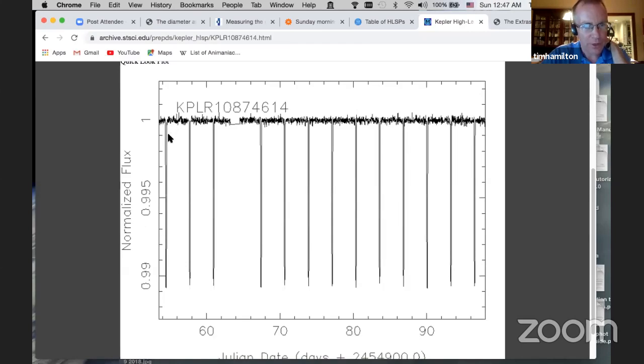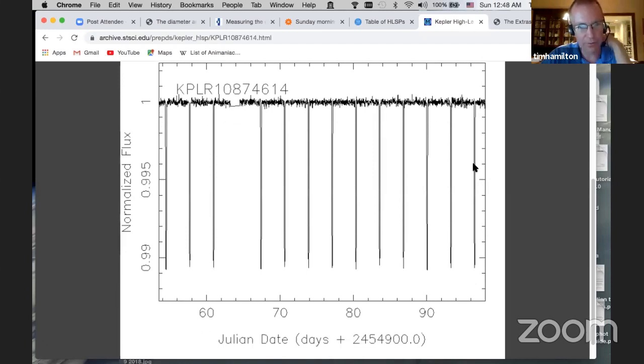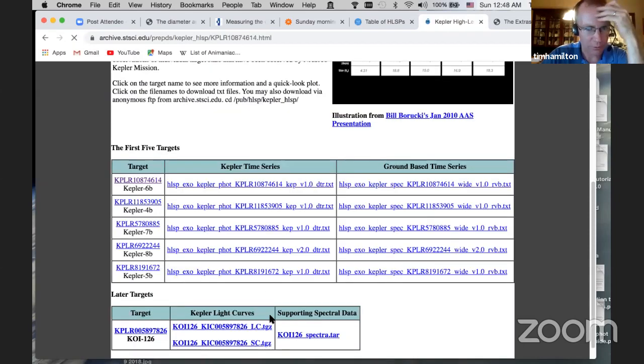Okay, so here we can make out 1, 2, 3, 4, 5, 6, 7, 8, 9, 10, 11, 12, 13 different transits in this set of observations with a depth of about, well, 0.99, which means 1 minus 0.99, that's 0.01 is the fractional change, so about 1% of the light of the star is covered by the planet. Oh, let me go back here also.